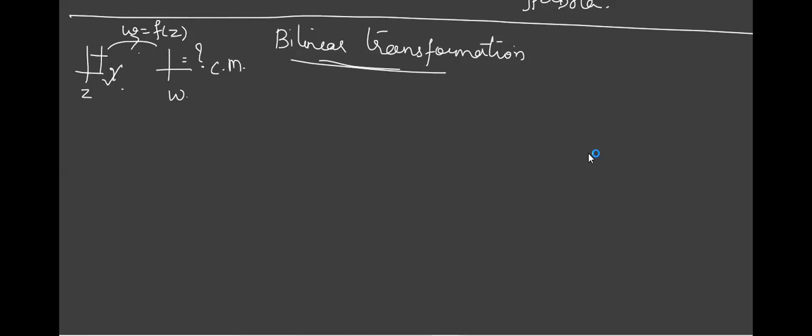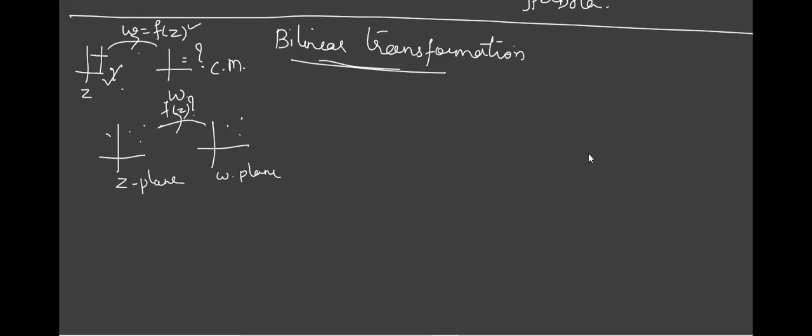In bilinear transformation, it is a little reverse. Reverse in the sense that, see, in conformal you knew the function: e raised to z, z squared, and z plus 1 by z. Now here we have a z plane and a w plane. We know some 3 points or 3 curves here, and for these we know the corresponding images in the w plane. This is fixed. What is not known is f of z.